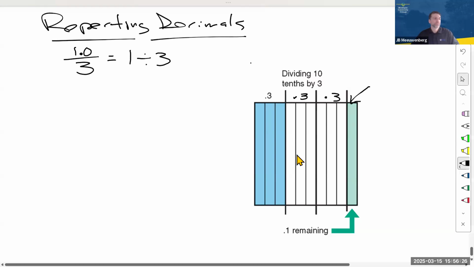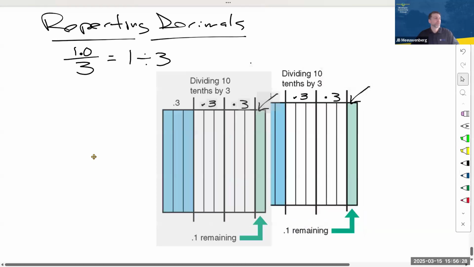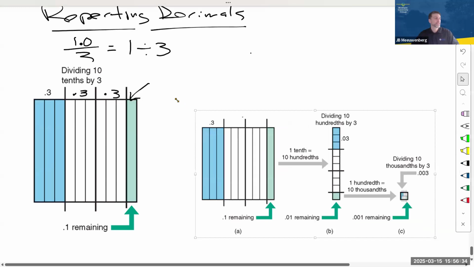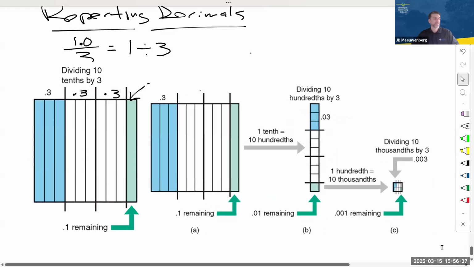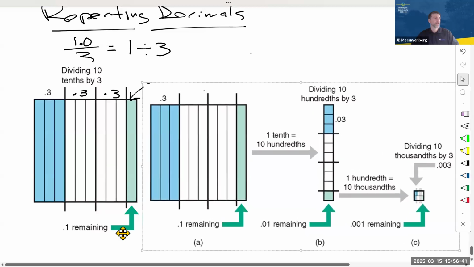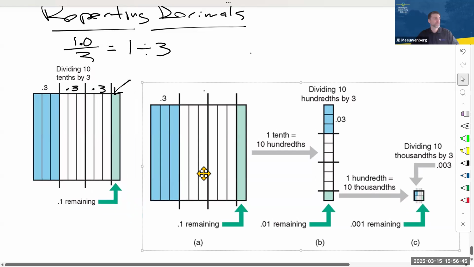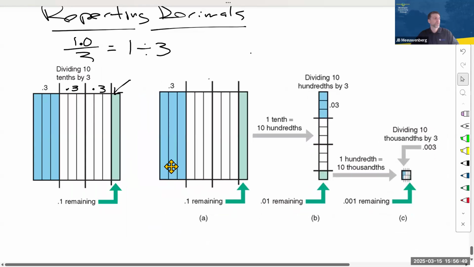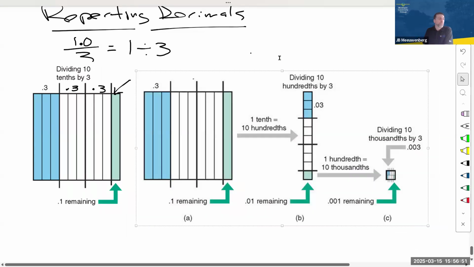So I'm going to move you and take this. I'm going to move it over here. And then what I'm going to do is show what happens with that section over there on the end. And let's shrink you so you're the same size, because I think it's a little easier to make sense of it when they are identical. Okay. So if we take this 1/10 that's remaining over here on the right, and we just look at that,